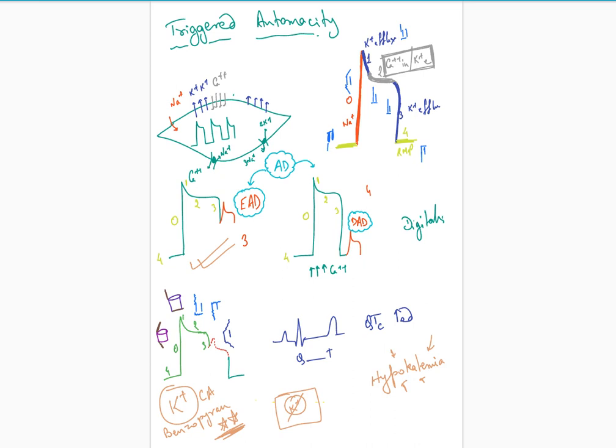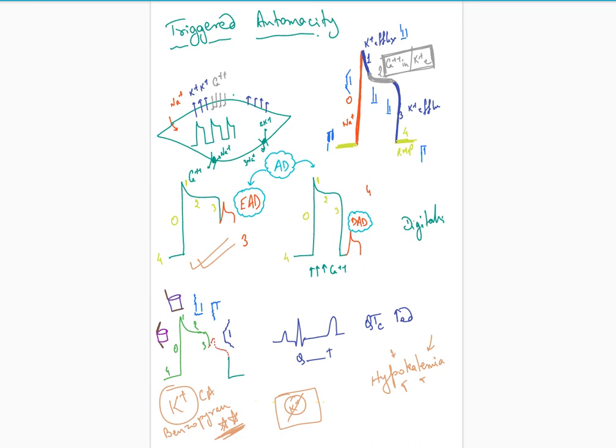If there is no potassium, then what happens? Exactly. So if I can treat hypokalemia, then potassium efflux will take place, and maybe the disease will get corrected. That is what I am saying. So you have to treat hypokalemia if there is hypokalemia in the patient. Otherwise it will be difficult to treat early after depolarization.